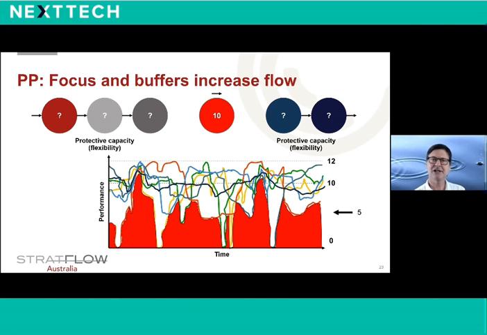So remember the slide we showed before, the output is 5, not the expected 10. So we have to make a distinction between a bottleneck and a non-bottleneck and manage them differently. We have to manage for system flow and not for departmental efficiency. So by putting in buffers around the bottleneck department, we decouple this bottleneck from the rest of the production chain. The bottleneck now produces substantially more than before and with less variation. The rules for running this bottleneck are different from those of the other departments.